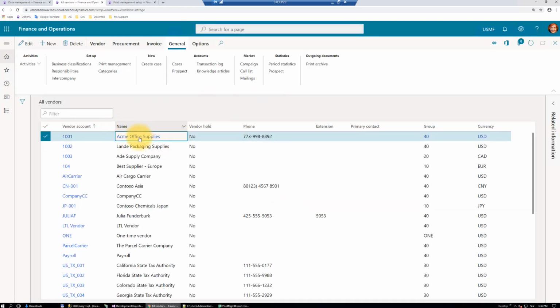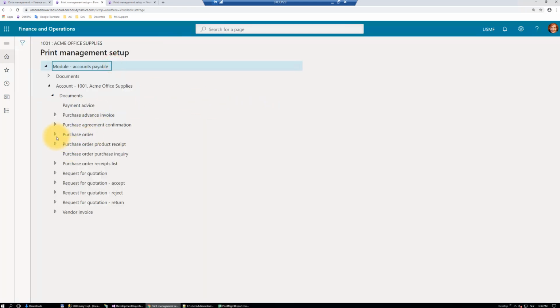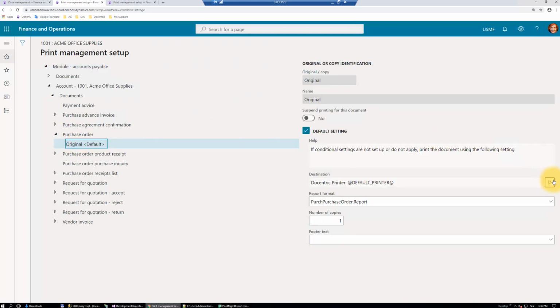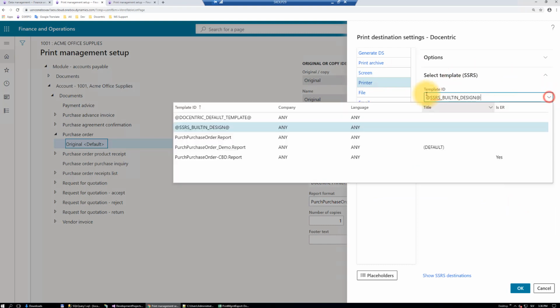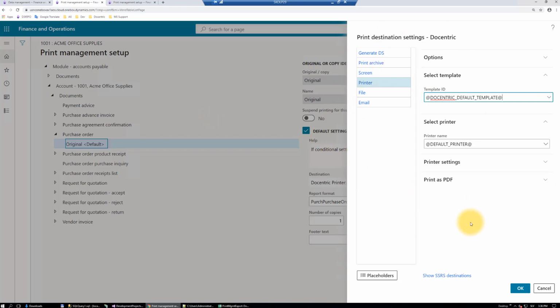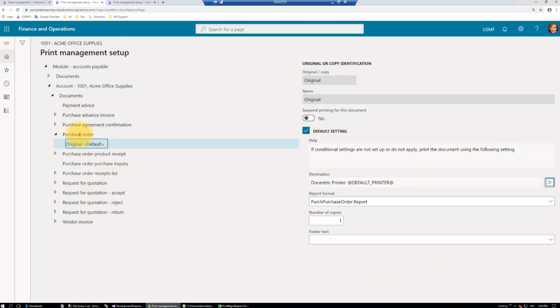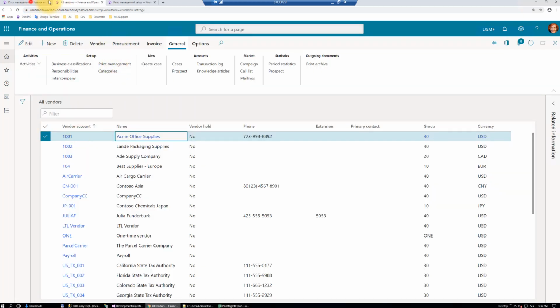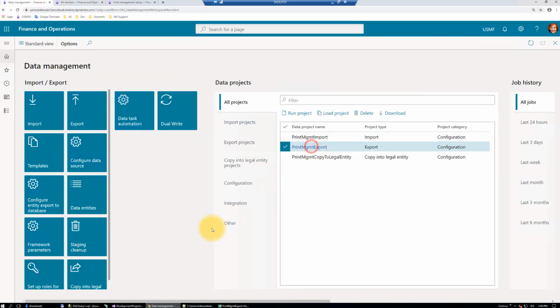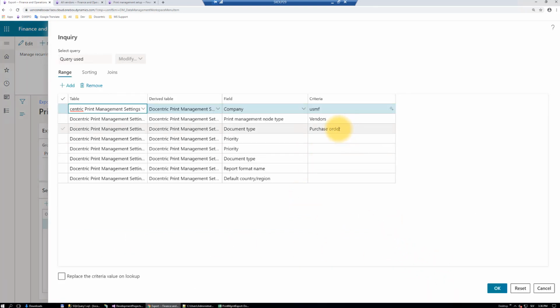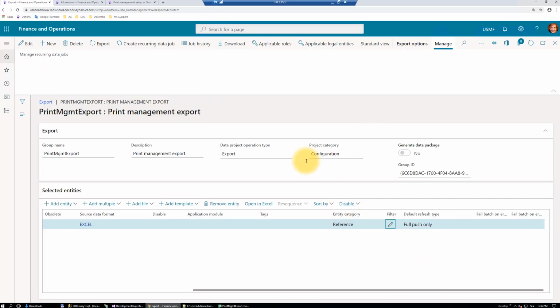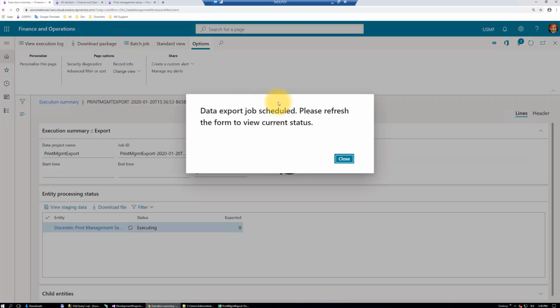We will take one vendor and modify his print management the way we need it. In this particular case, we want to go into the template and say that we don't need the built-in SSRS design, but the default template by Docentric, and we can let everything else be as it is. Go out of this and export this setup. We have already set the filter correctly to purchase order and only the vendors from the USMF company. So just export,